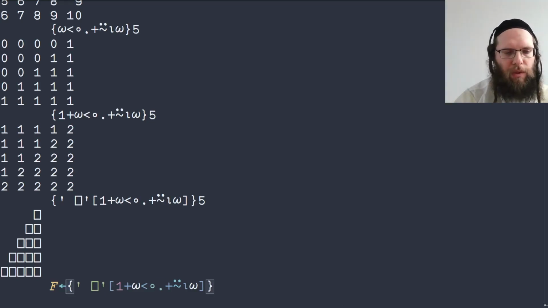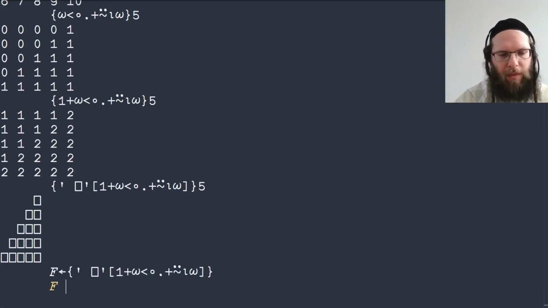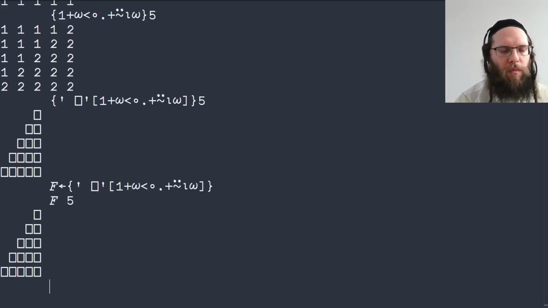So let's call this one f, and we can apply f. However, if we think about this a little bit, we're doing too much work. We're both doing an addition and then a comparison when we really could just do a comparison from the outset. So if we do an outer comparison table instead,